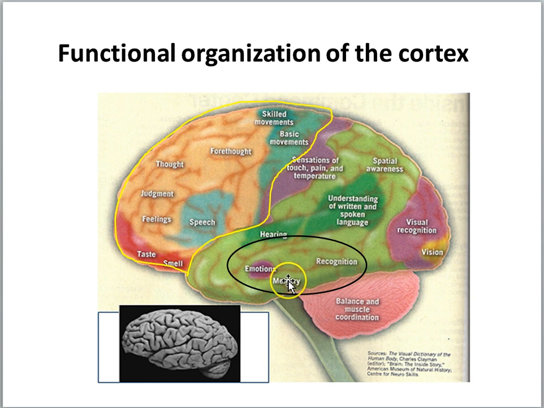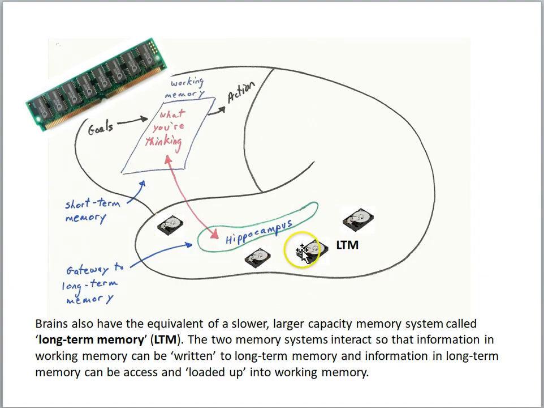But scientists think that long-term memories are more widely spread across the cortex, but we'll use the temporal cortex down here to be our sort of location for long-term memories. And so we're going to put little hard drives down here in the temporal cortex to indicate long-term memory. So brains have the equivalent of a slower, larger capacity memory system called long-term memory. And the two kinds of memory, the working memory system and the long-term memory system, interact,